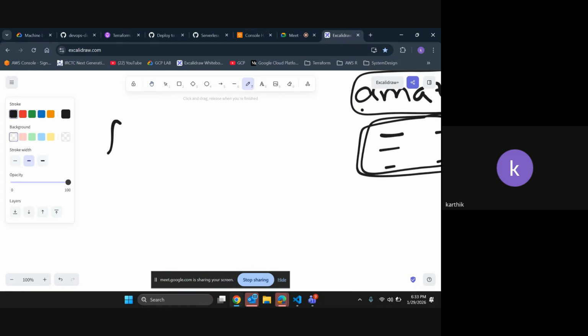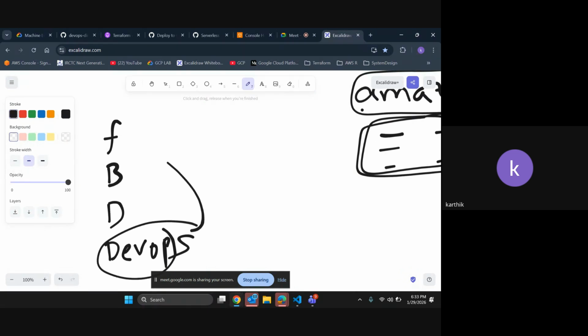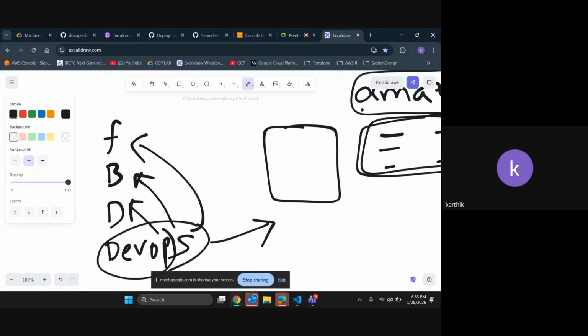There will be a front end team, a back end team, and a DB team. This is the minimum; every company has these teams. There will be another team also called the DevOps team. So as a DevOps engineer, what will you do? First of all, you will reach out to these teams, discuss the requirements, and then you will create an instance,